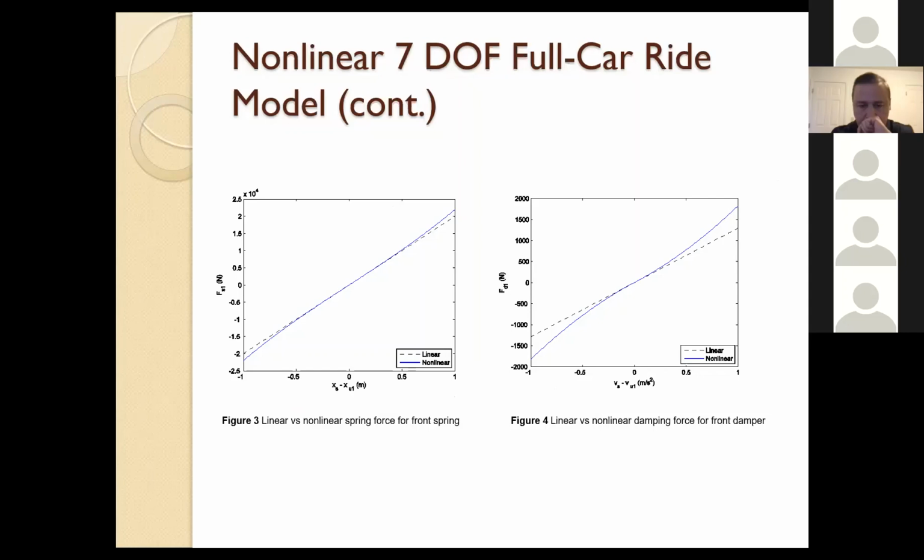Again, this is also a kind of comparison between the linear and nonlinear spring and linear and nonlinear damping. The most influential part is the damping effect. We discovered that, unless for a certain domain, the linear and the nonlinear damping will have a bit of a different result. But if we move to a very small domain of speed, then the linear damping will be good enough. For the spring, the linear domain is much higher.